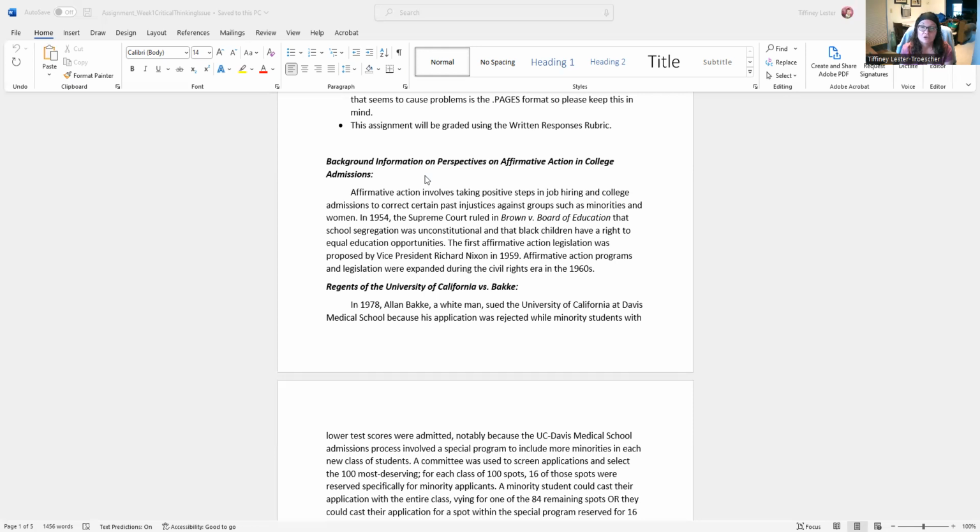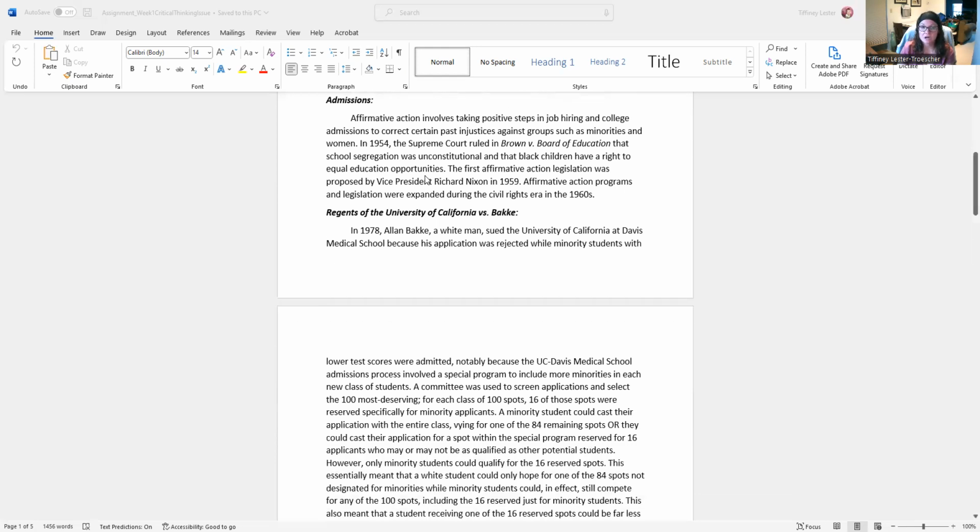So, you're going to be reading two articles about affirmative action in college admission. They both refer back to a couple of landmark Supreme Court cases. Neither article goes into a lot of detail about those cases because they're assuming that, because it's somewhat current, the readers are already aware. But we aren't necessarily aware. So I wanted to give a little bit more background information than what is provided in that section at the end of chapter 1.